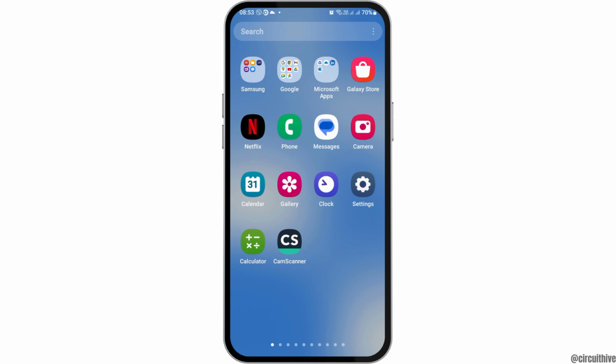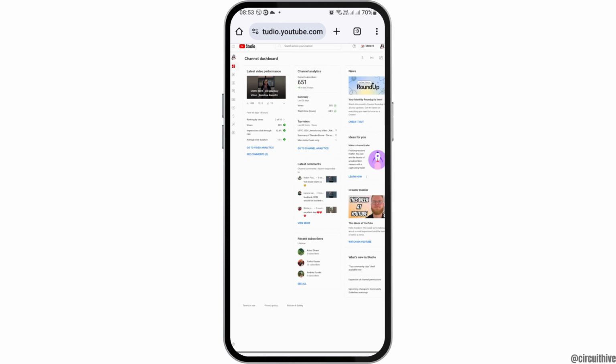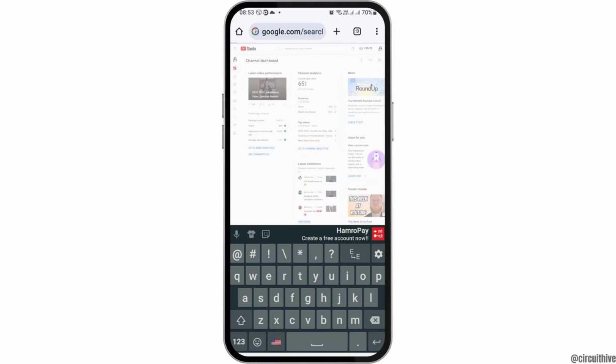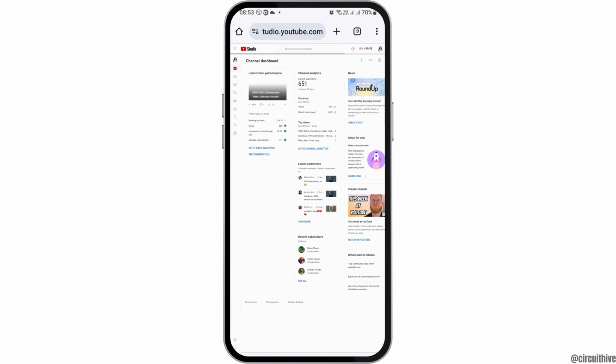Otherwise, you have to go to the Google Chrome on your mobile device. After you go to the Google Chrome on your mobile device, you have to search YT Studio on the top like this. And after you search YT Studio like this, you can see an interface like this. Now you can tap on the first option, that is YouTube Studio. After you tap on the first option, YouTube Studio, now you can see that this interface will appear,